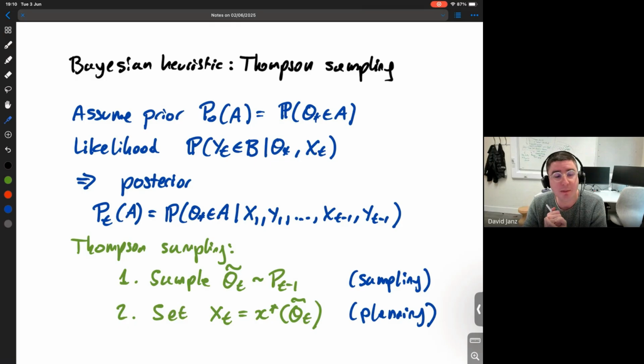We have, say, the Bayesian community, which has spent some time figuring out how to model things in this Bayesian manner, how to construct probability distributions, and how to sample from them. So that's fairly well established. And we have our community, which has spent quite a bit of time figuring out how to do planning. And this essentially decomposes the problem of trying to get good regret, trying to maximize these rewards, into two things, into sampling and into planning. And of course, these priors would be picked to make it computationally tractable.